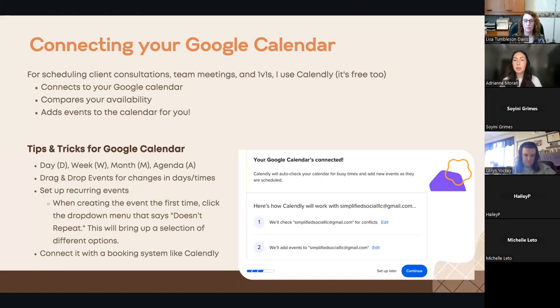If you then click an event, so if I had it recurring and then on Friday, it doesn't happen anymore, I go to click that event on Friday and I go to delete it. It will say, do you want to delete this event or do you want to delete this and all of the following events? So I can click this and all of the following events, and that will help there. And then I also suggest connecting it to a booking system. A lot of booking systems do connect to calendars, which is super beneficial, but I personally love Calendly.